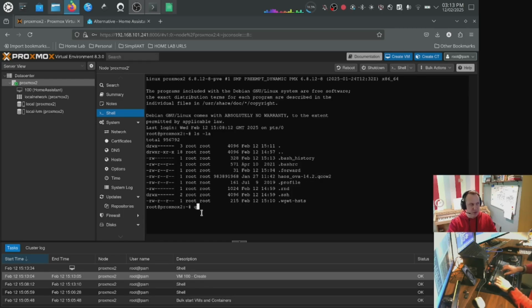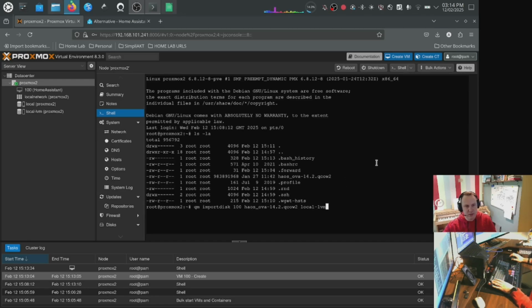I'm going to do qm importdisk, and we're going to give the number of this VM, which is 100, and we're going to give it the disk file. So I just pressed H and tab there, which auto completes it, and then we're going to put it onto local LVM